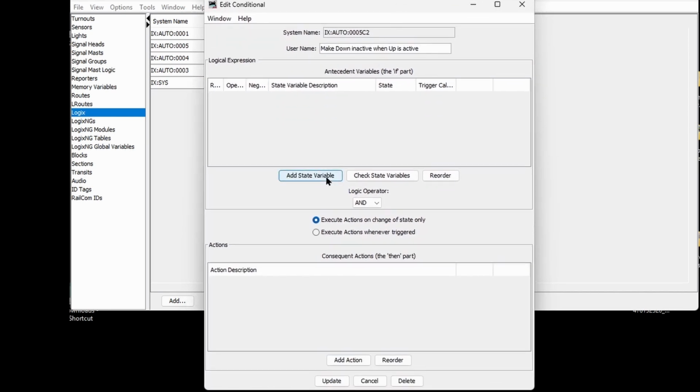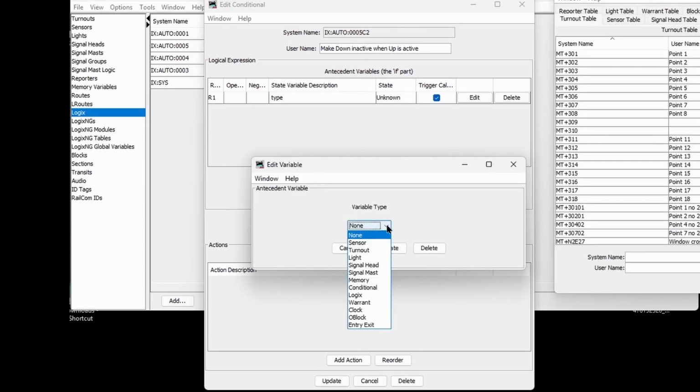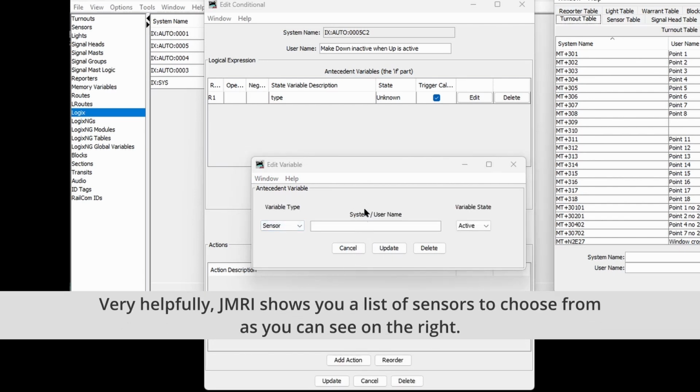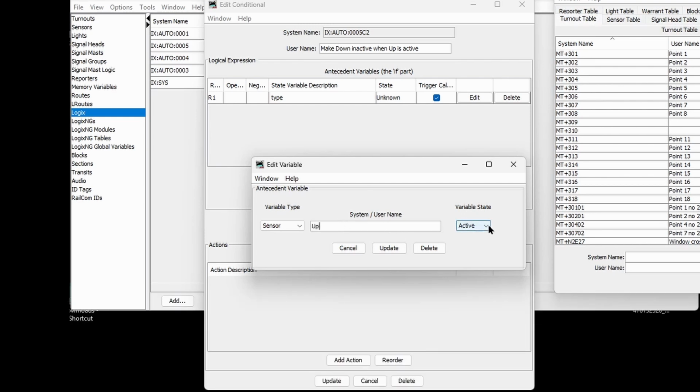So again, the thing that's controlling it is that up sensor. So variable type sensor, and it's the up sensor this time on the up line, and when that's active